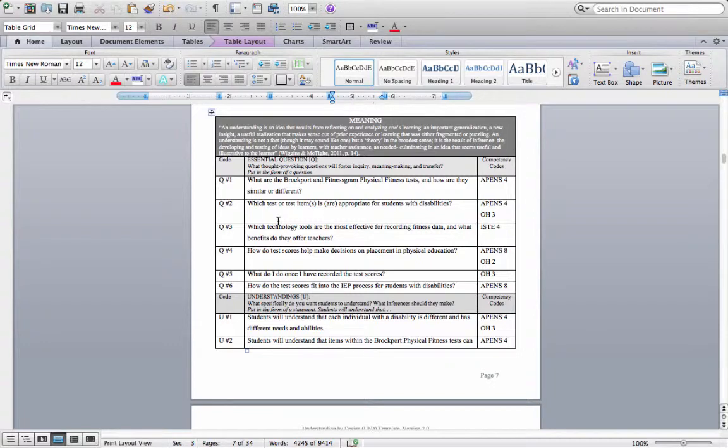The next component is meaning. And this is basically broken down into two different categories. You have essential questions, and these are things that are really going to ask the students to think deeply, to really make meaning of what it is that we've taught, and then also to transfer it again to these different situations or settings. And so, again, some of these are kind of basic,